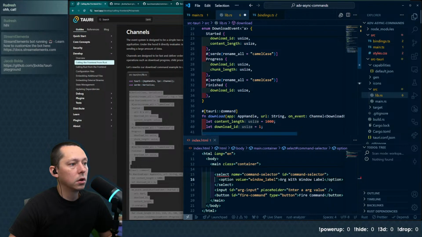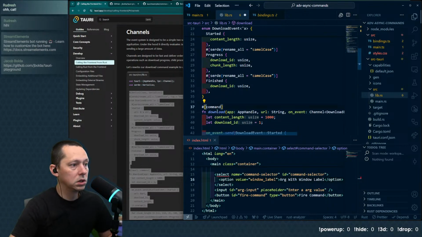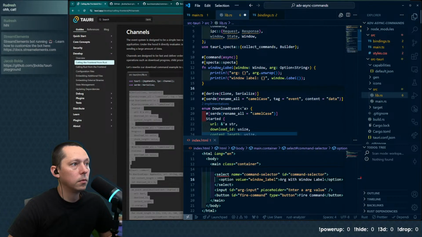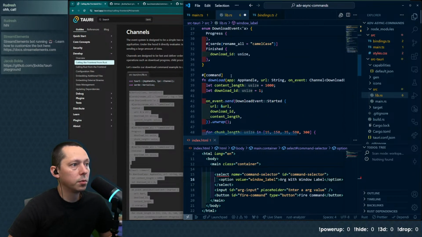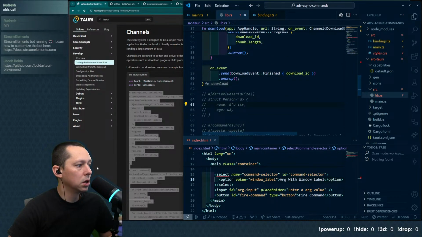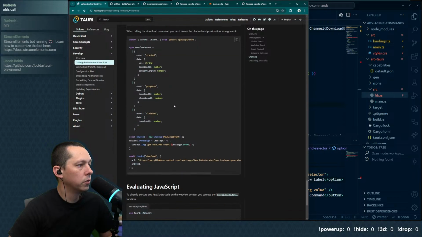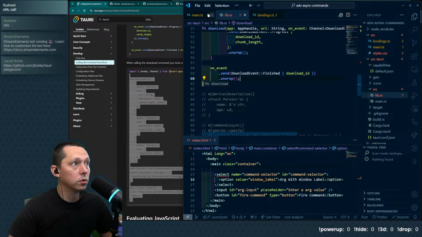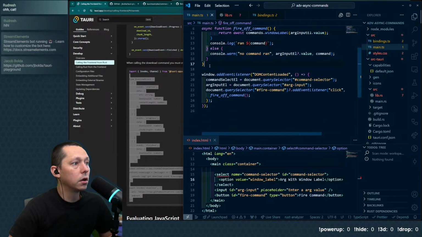So now we have a command. It doesn't specifically say async. We want Specta on there. Well, let's see how Specta deals with this slightly different version of it. And then in here we have a type, and then we do the on event and invoke. And this is firing off that invoke directly. So we'll change that a little bit when we get here into the front end.